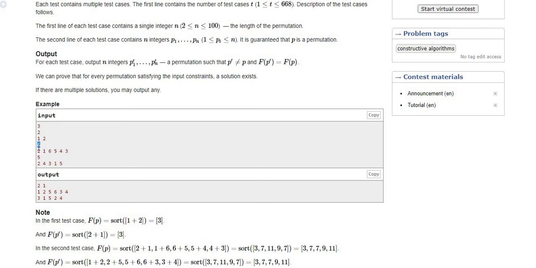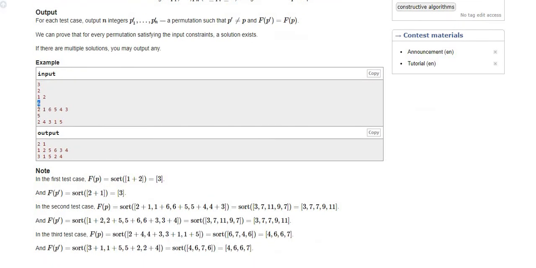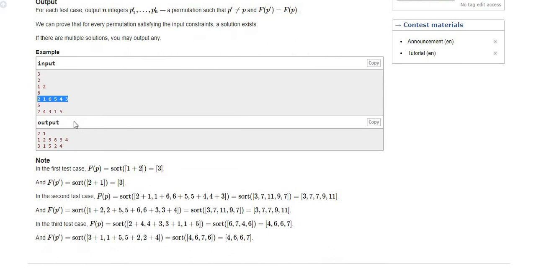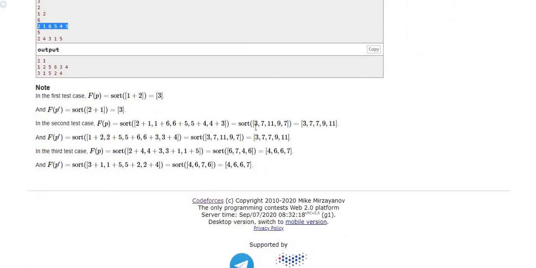For example, if we take the sums of all these elements, it's going to be 2 plus 1 is 3, then 1 plus 6 is 7, then 11, 9 and 7. If you sort it, it will be in ascending order. To generate the same fingerprint containing the sums 3 7 7 9 11, the sequence of the permutation doesn't matter.